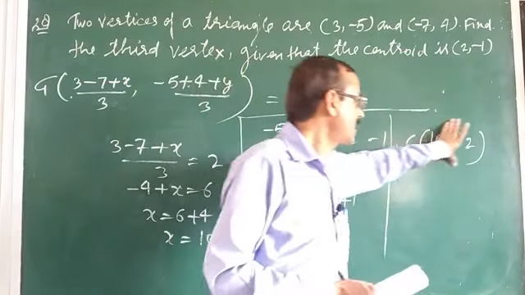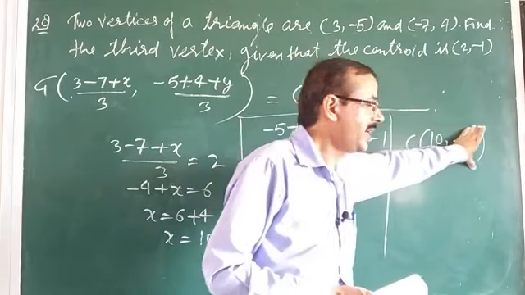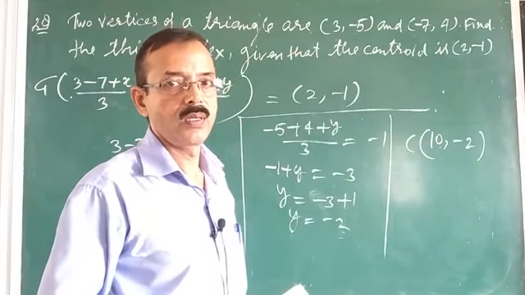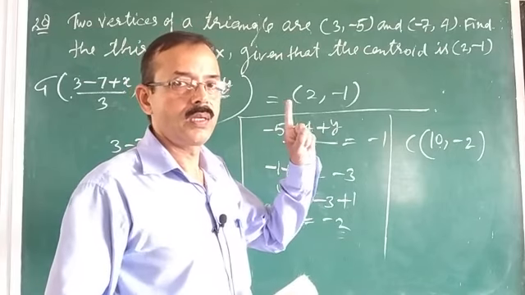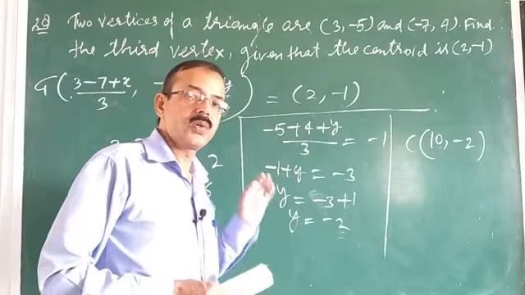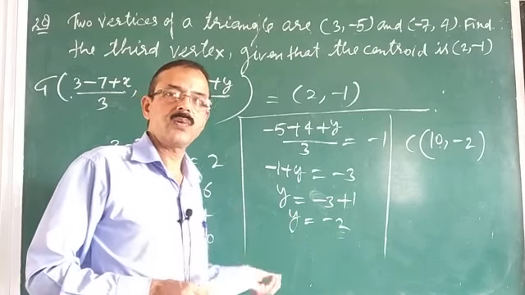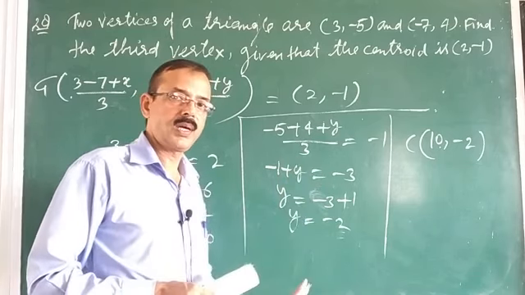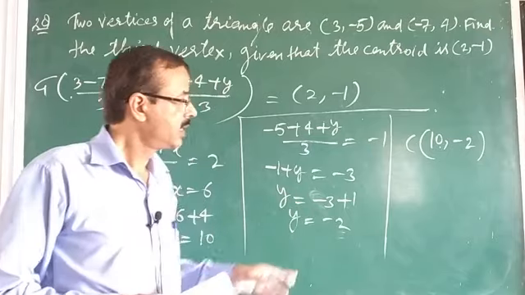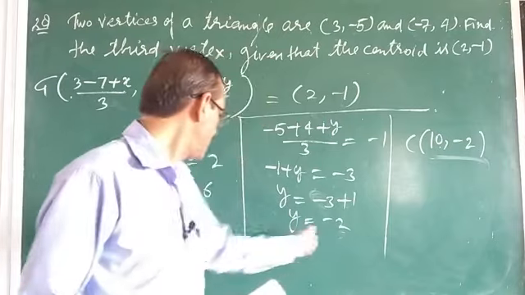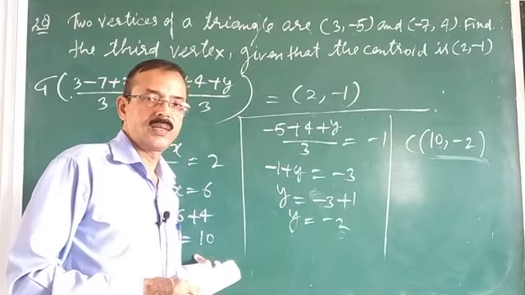If you do not write this much, the board will reduce 1 mark from your total marks. Okay, pay attention to what is demanded by the question, and write the answer accordingly. If it asks you to find the vertex or coordinates, then you have to write it in coordinate form. Leaving it in the other form is not correct, right?